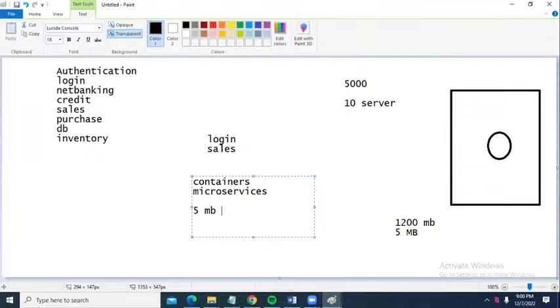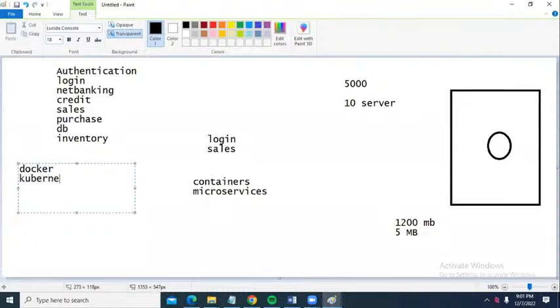How to create containers, how to manage containers? For managing one or two containers, Docker is enough. But in production, in the industry, thousands of containers are running. To manage thousands of containers, a single Docker is not enough. There must be an automated tool which manages all these containers in an automated fashion. For that, we are going to use Kubernetes.